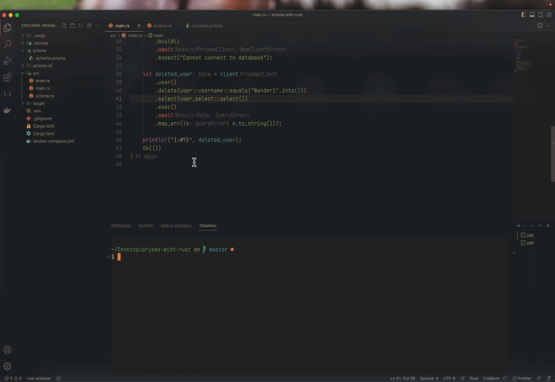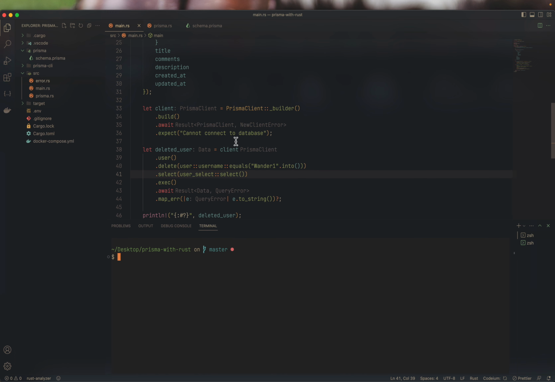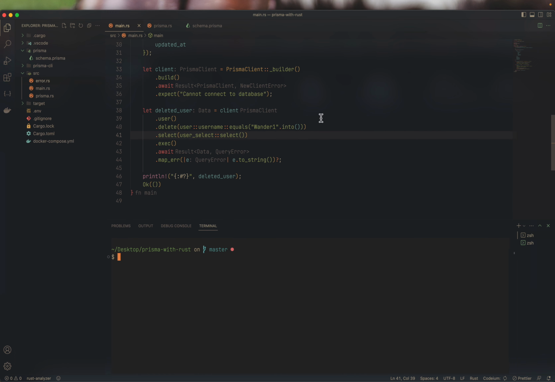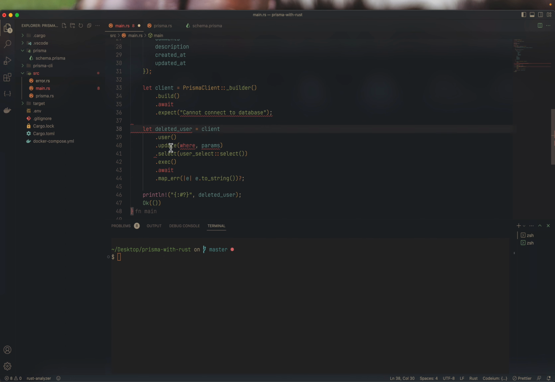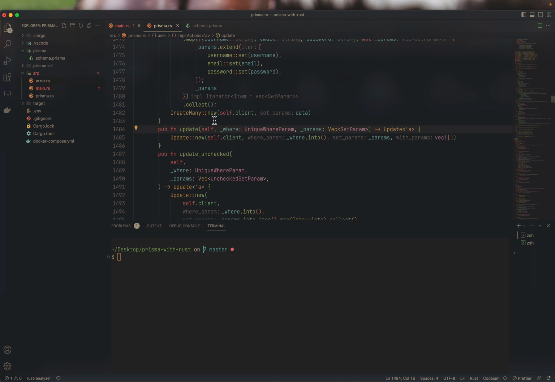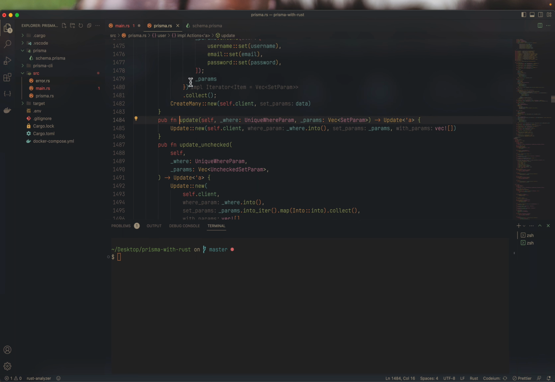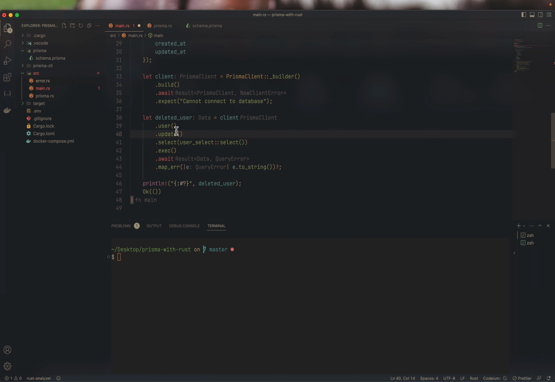Okay, so how do I update whatever field is in this user? Well, I'm going to demonstrate how you can update the user now. You can pretty much just replace this delete with an update. Yeah. So there you go. You have an update, and here it takes in 2 parameters. I will have to delete these 2 unless I want to show you something. Okay, so if I click on this update,